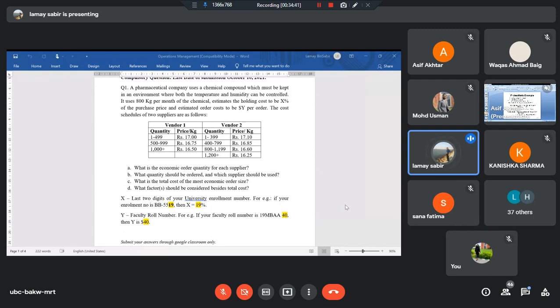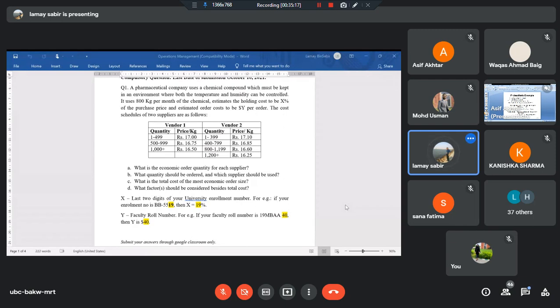You know how the price discounting model works and what the formula is, as they have already been explained by Asif sir. You may find the respective notes on the web page of the Faculty of Management Studies and Research, and on my web page as well, and you can download those notes and use that formula. Quantity has been given to you. Holding cost has been provided. Ordering cost has been provided. These are the 4 questions A, B, C, and D that you need to answer.